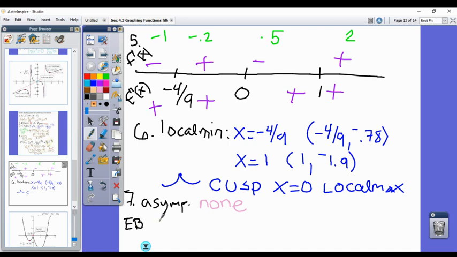We're going to do the limit as x goes to -infinity and as x goes to +infinity. Now think about this. If we are going to -infinity,